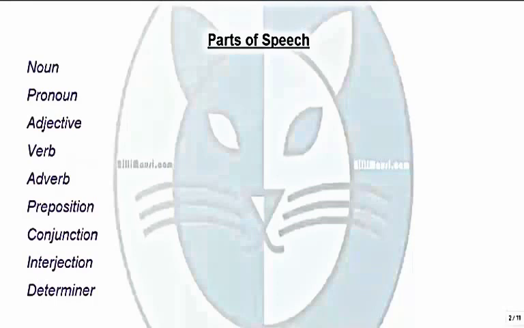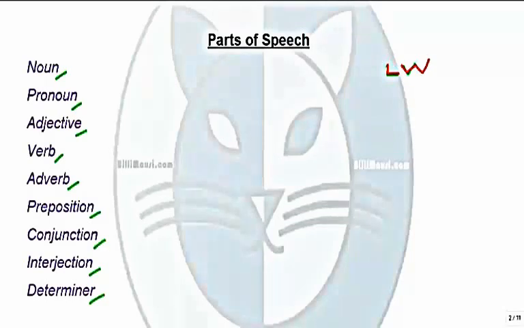You have learned that parts of speech are 8 in number, namely noun, pronoun, adjective, verb, adverb, preposition, conjunction, interjection, and in modern grammar we call it determiner, and we have another one which is called linking verb. Let me write it with red. Linking verb. Let's see how each of them can help us in our competitive examination.